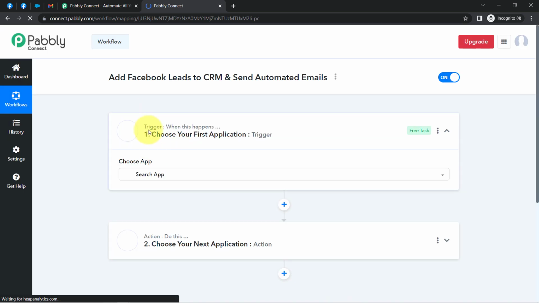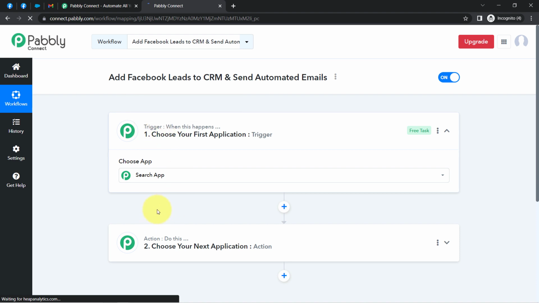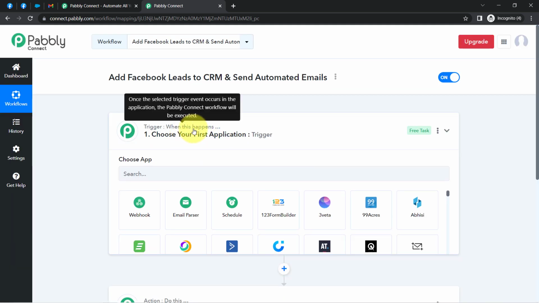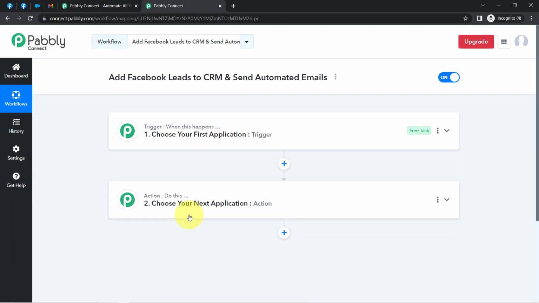These boxes are called trigger and action. Here you can notice trigger and action. The trigger means when this happens, and action means do this. So whenever this happens, then automatically do this. Try to understand with an example also. Let's say whenever a sale happens in a payment gateway application, then automatically send an email via Gmail application to your customers. This is how you need to always select the applications in which you are building an